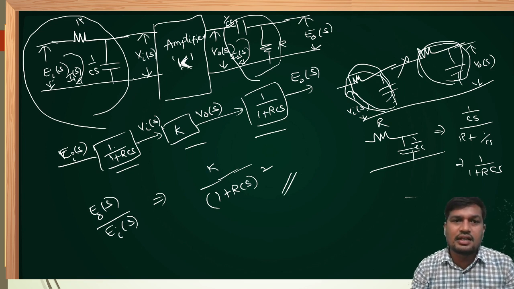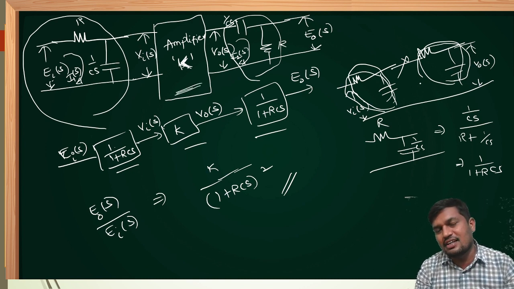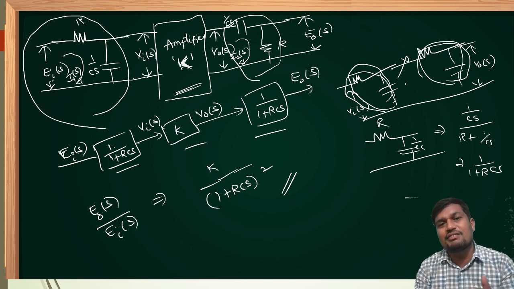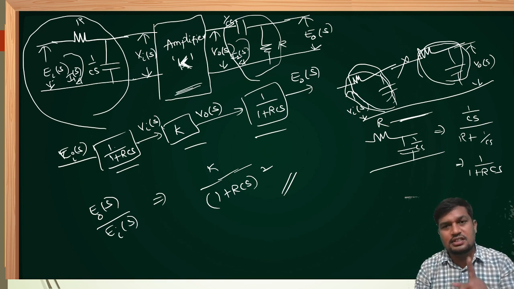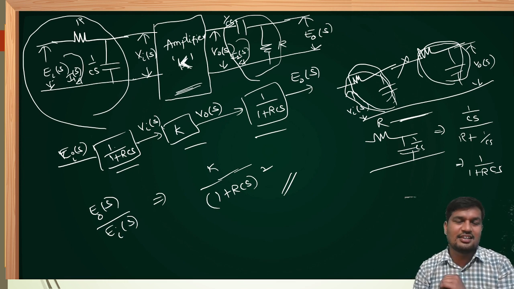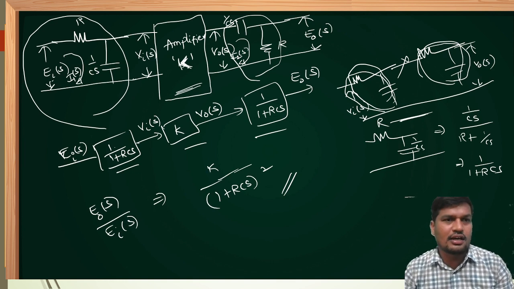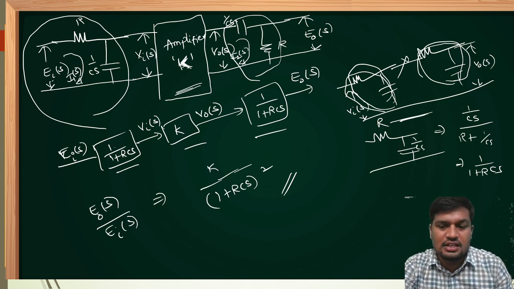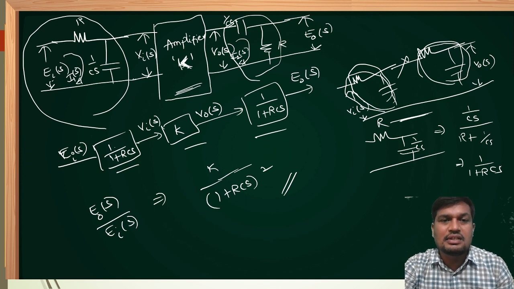Whenever an amplifier is given like this, it is very easy to calculate the transfer function. Whenever an amplifier is not given, also it is easy. By using networks, it will take more time. By using the control system signal flow graph, we can finish the solution in only one step. I hope every student can solve any network question to determine the transfer function in only one step, whether it is a complicated network or a simple network. I have given many shortcuts. I hope everybody is clear and can practice more questions with this knowledge to solve any kind of question with respect to networks if you want to develop the transfer function in control systems.